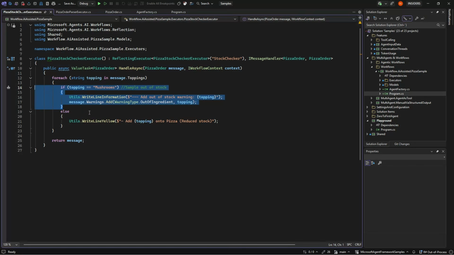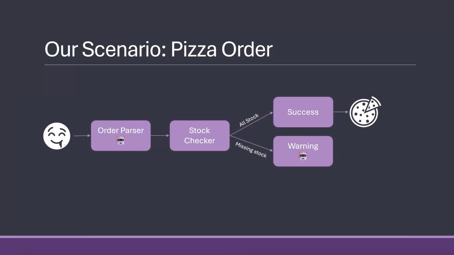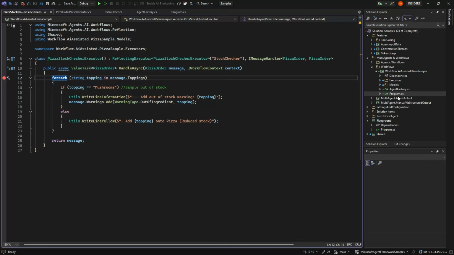But in this case, we are just simulating that if it's mushrooms we are out of, we will add a warning to our pizza order, or else we'll just write out that we are able to add that topping onto the pizza and reduce the stock. So we will also set a breakpoint here when we get to that.